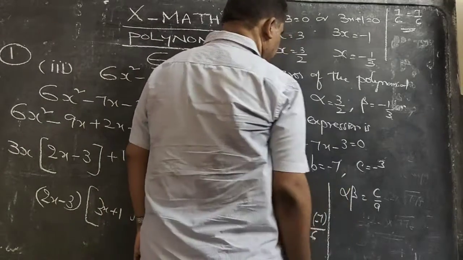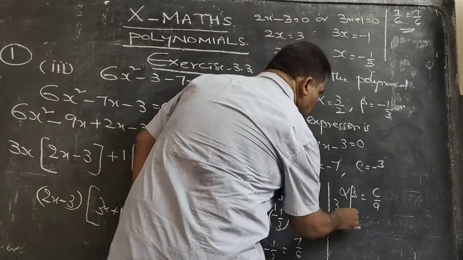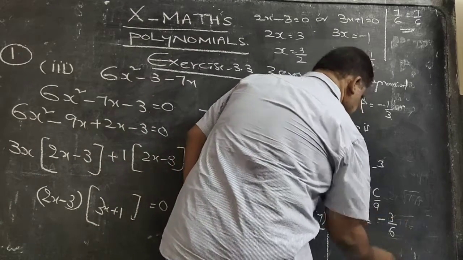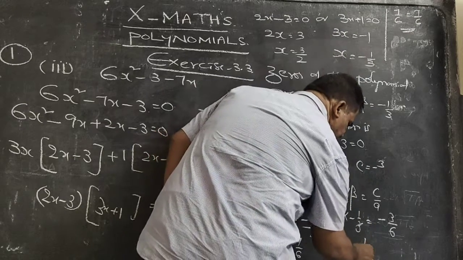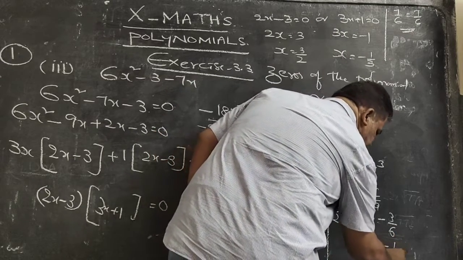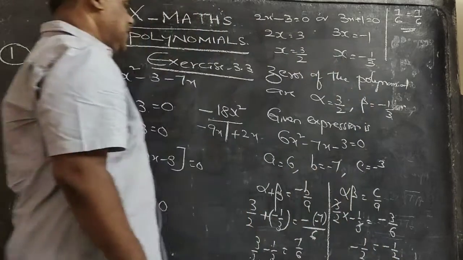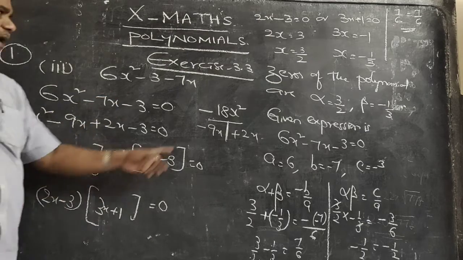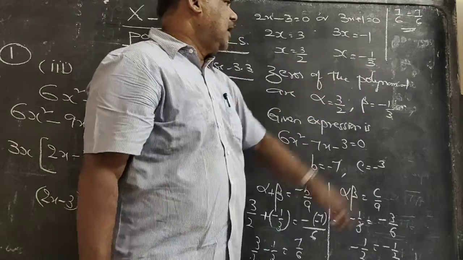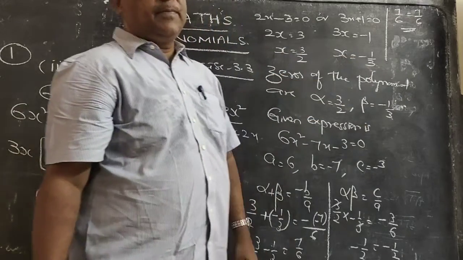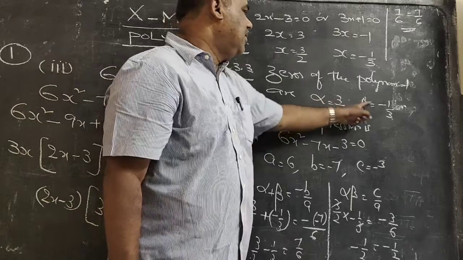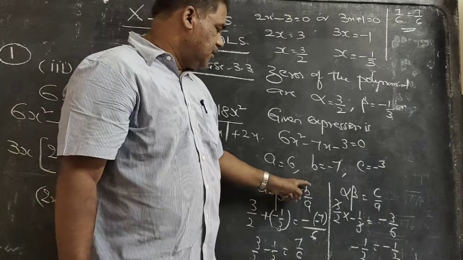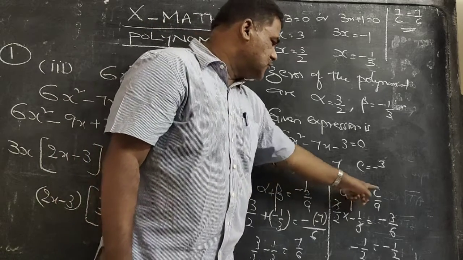Now product of the roots alpha beta, that is 3 by 2 into minus 1 by 3, is equal to c by a, minus 3 by 6. 3 cancels, minus 1 by 2, and here also 3 1s are 3, 3 2s are 6, so minus 1 by 2. Both are same. So first we should find zeros of the quadratic polynomial by the factorization method. We will get x two values. Those two values are called zeros of the polynomial. They are represented by alpha, beta. Now we should verify. Verification contains alpha plus beta should be equal to minus b by a, and alpha beta should be equal to c by a.